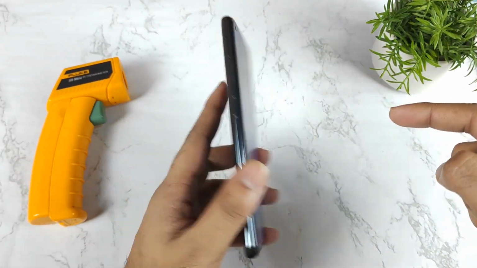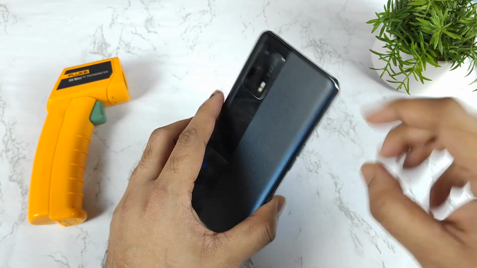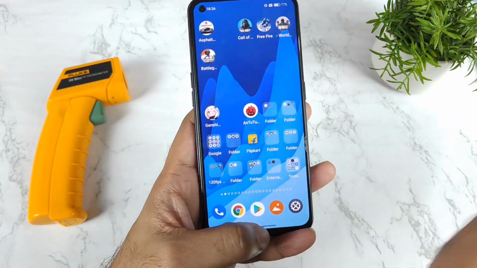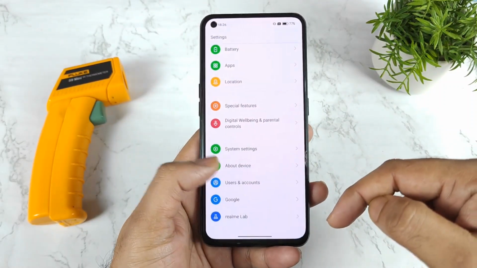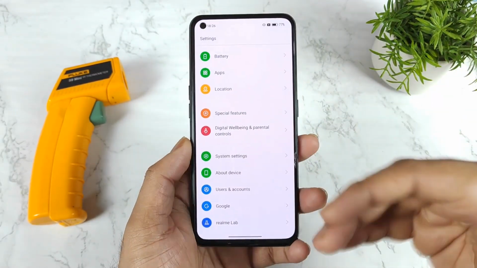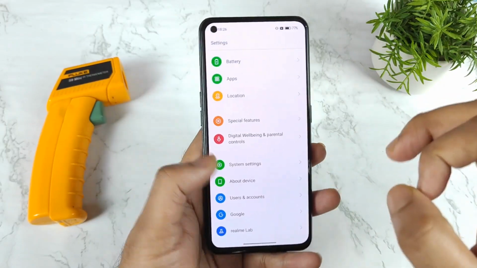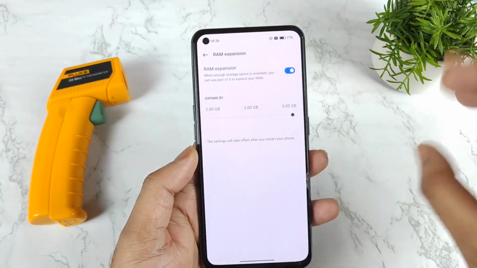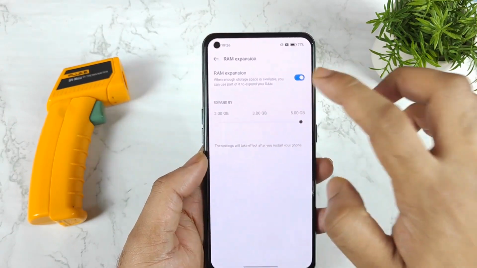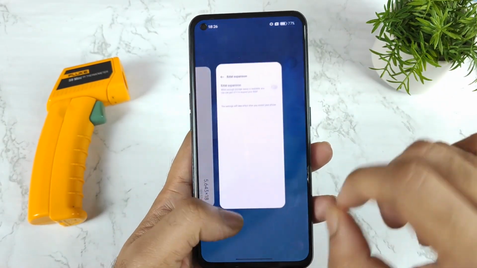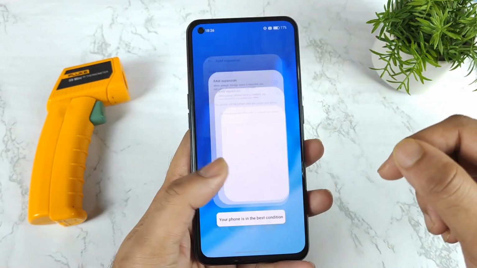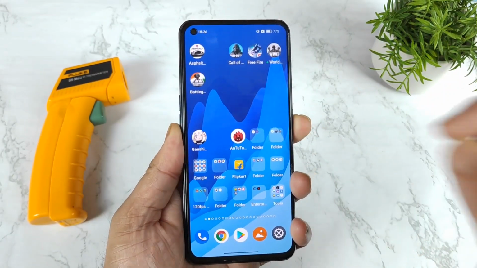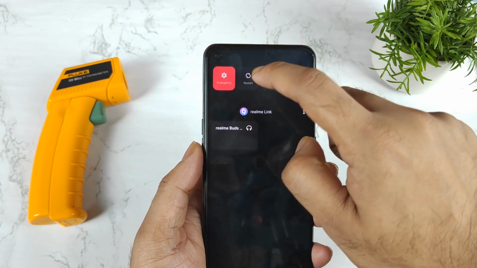In this video I'm going to do the benchmark test on the Realme X1 Max device without using any kind of RAM expansion capabilities. This is my first time doing this kind of video on the Realme X1 Max. Previously, whenever I did the benchmark test on this phone, I used a RAM expansion of 5GB, which was always enabled. But right now in this video I'm going to turn it off completely and restart the device completely. Let's see, friends, what kind of benchmark score we can expect on the Realme X1 Max with the RAM expansion completely turned off.